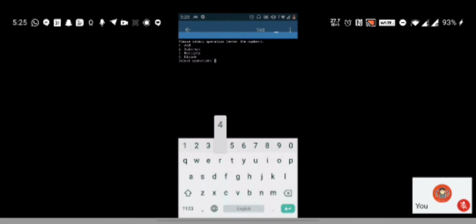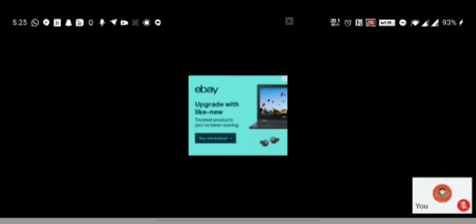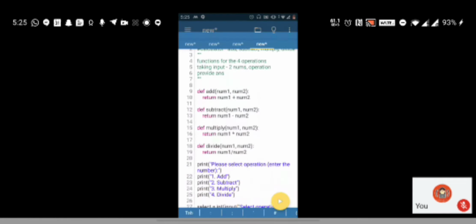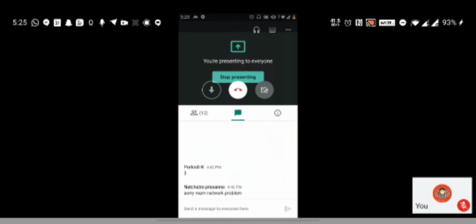Similarly, you can try it for divide, and then you have first number, second number, and it gives whatever is the answer for the division operation. So is this clear for everyone? Yes, ma'am. Any questions? Anyone want me to repeat any of these 4 questions again?